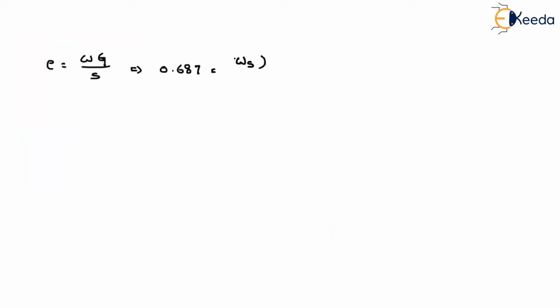That's why Ws into the specific gravity 2.7. What about the degree of saturation there? 100%. So if I take 1, I'll get Ws in fraction. If I take 100, I'll get the limit in percentage. That's it. Find out the value. So if you solve this, you will get that your shrinkage limit is around 0.254. If I express that in terms of percentage, then I'll say 25.4 percent, right?